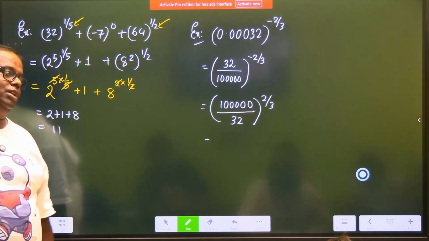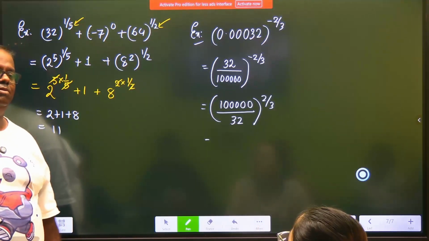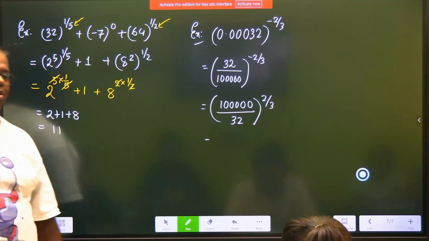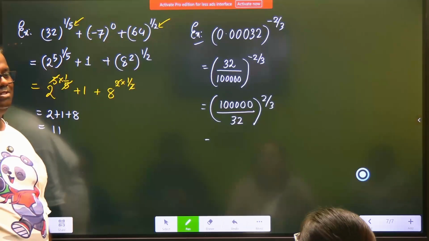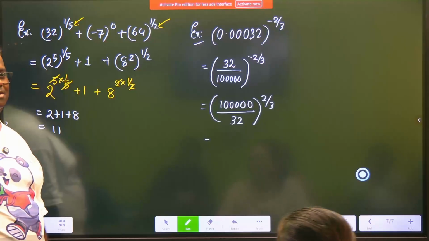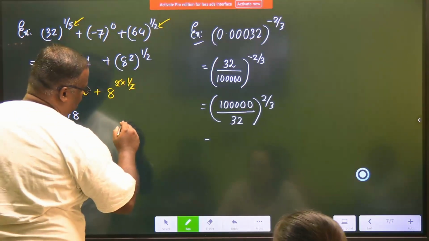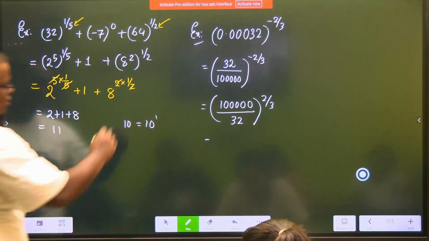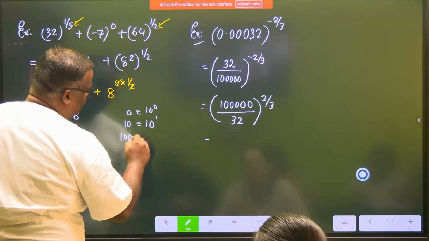32 is what? 2 to the power 5. And what is this? 10 to the power 5 or 4? 5. चलो अभिज्ञा को क्लियर करते हैं. अभिज्ञा, 10 is 10 to the power 1. 1 is 10 to the power 0. 100 is